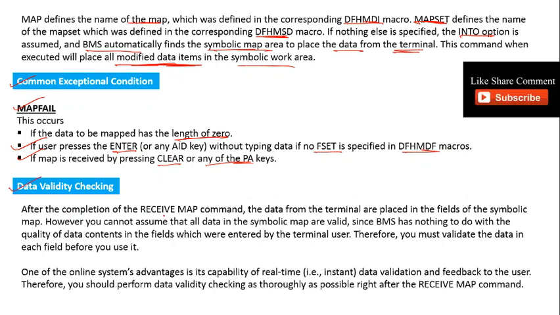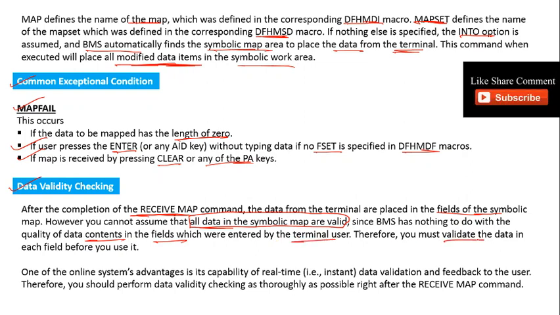Data validity checking. After the completion of the receive map command, the data from the terminal are placed in the fields of the symbolic map. However, you cannot assume that all data in this symbolic map are valid, since BMS has nothing to do with the quality of the data contents in the fields which were entered by the terminal users.